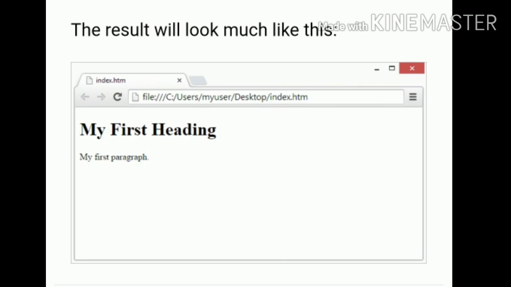Select All Files, as this is a must. Give the file name program1.html, set the encoding to UTF-8, and then save. After that, use the browsing process: open the saved HTML file in your favorite browser, double click on the file or right click and choose Open with. The result is displayed as the first page of our program.